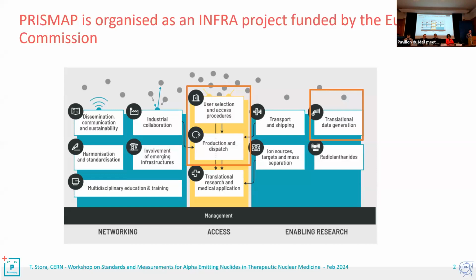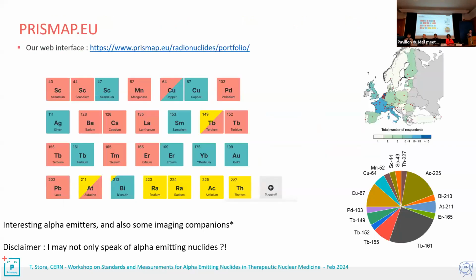important production centers in Europe, like high flux reactors, like the Laue-Langevin reactor or the BR2 in Belgium that you may be aware of, but also high power cyclotrons like the 70 MeV proton cyclotron or the alpha beam in Arronax in France. So this is not only about providing these isotopes, but we are also organized within this European project, providing some developments in the background. And there is involvement of people from metrology, like NPL, to try to improve the data on the radionuclides which are offered